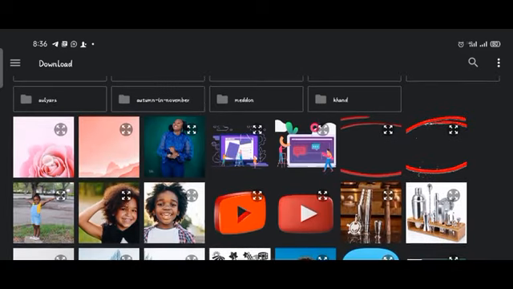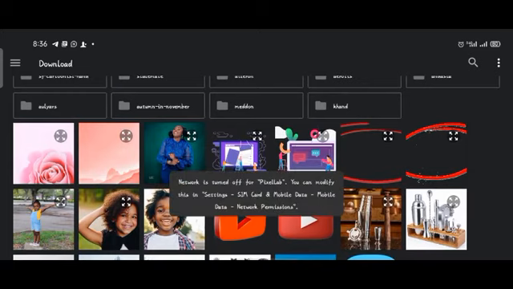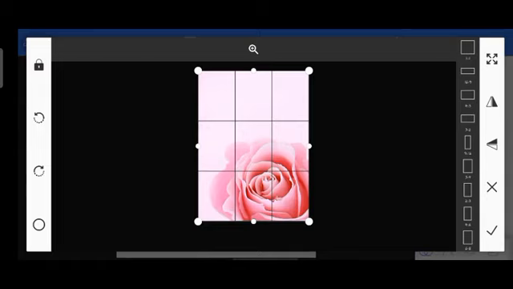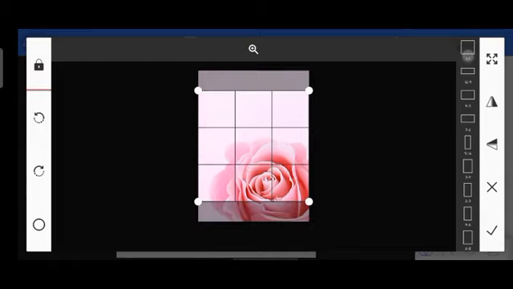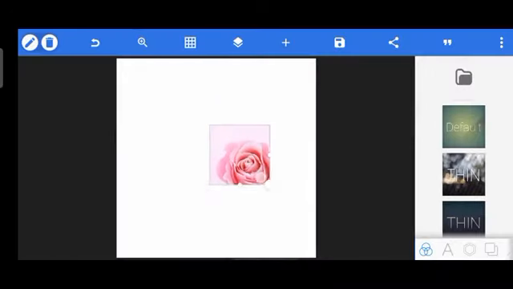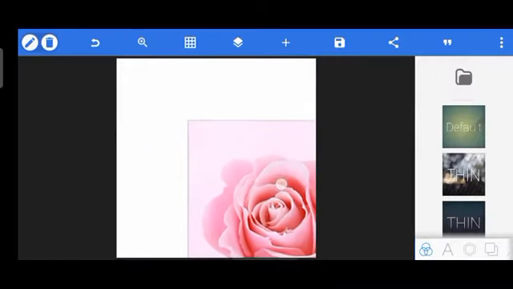So guys, this is the folder I used for the design. So I'll just tap on it now. It's going to pop up on Pixellab right away. So it's here on Pixellab. So what I want to do is crop this to a square dimension to just take this flower effects, and then I'm going to bring it here and drag to get big like this